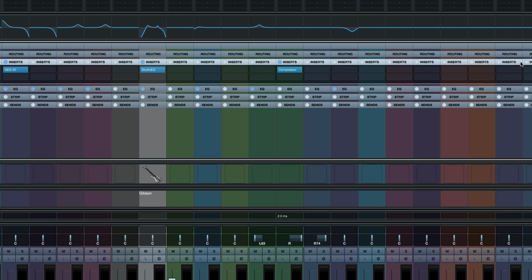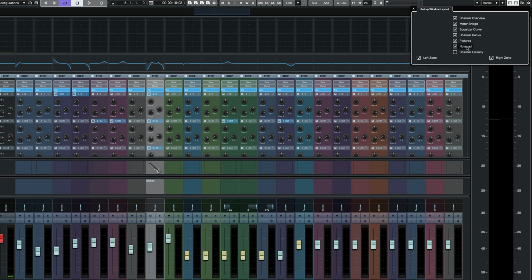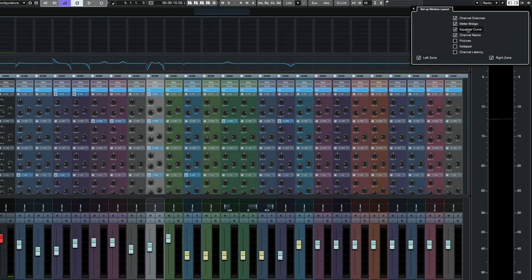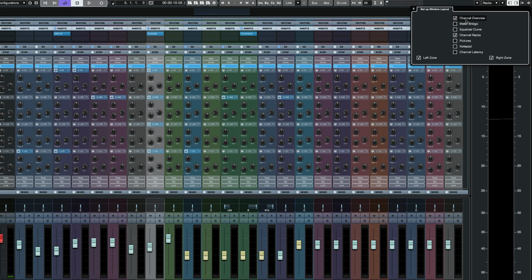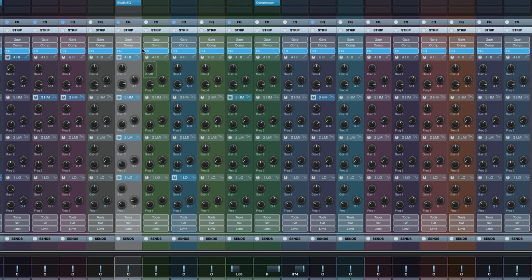Okay, so that's the racks, and I did say I'd come back to this. So the strip, let me toggle some of these other icons off so we just have a little bit more screen real estate. I'm going to take the EQ, the meter bridge, and the channel strip off. And now we're just looking at our racks, and I can see the full array that comes with the strip. Okay, so let's take a look at the strip, which is really the Steinberg engineer's way of representing any live hardware mixer that you see in the world today, right?